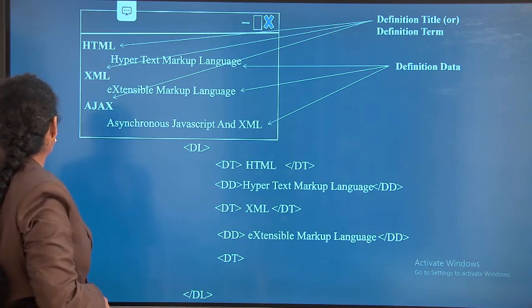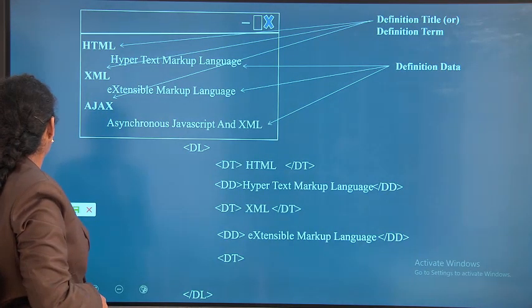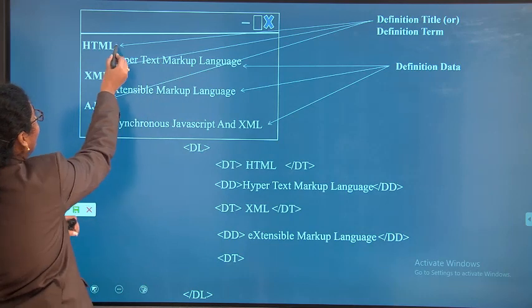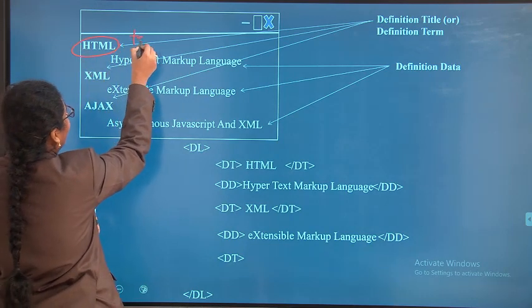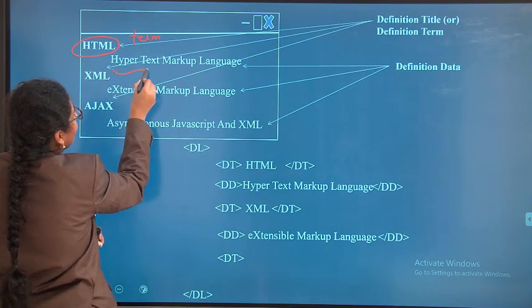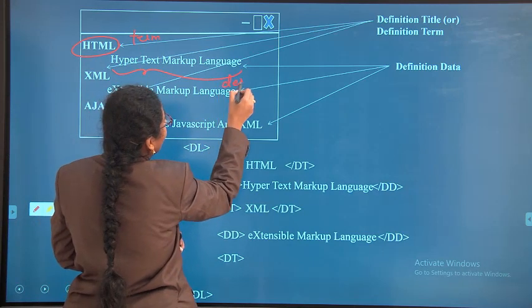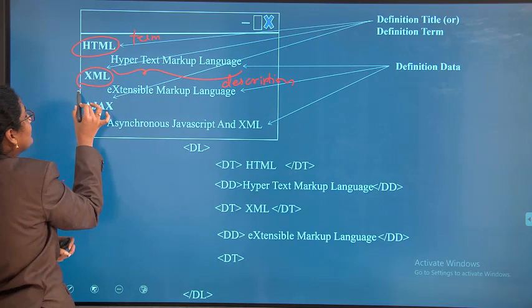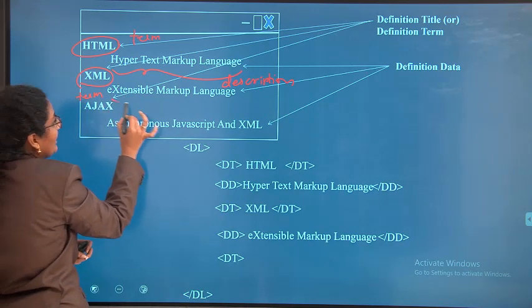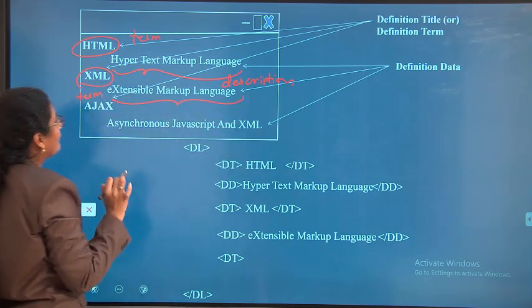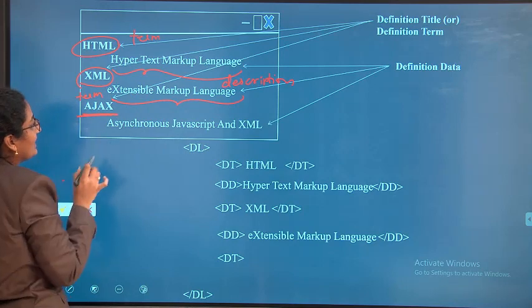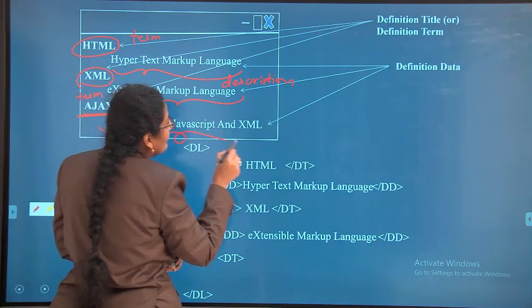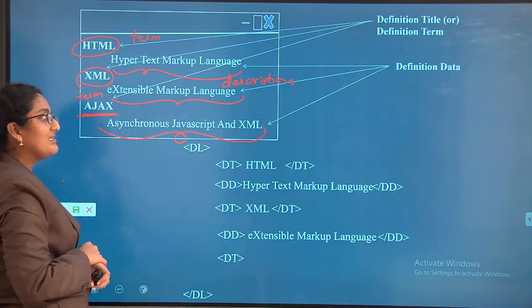HTML is the term, hypertext markup language is the description. In the same way, XML is the term, extensible markup language is the description. Ajax is the term, asynchronous JavaScript and XML is the description.